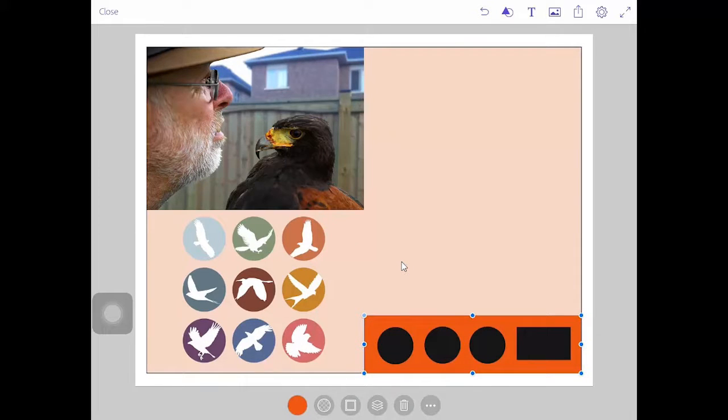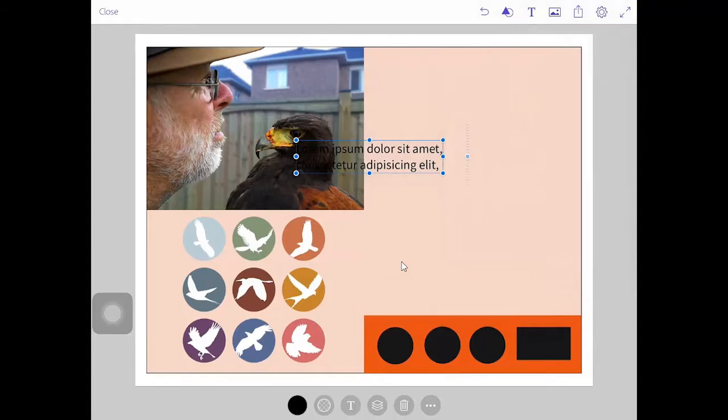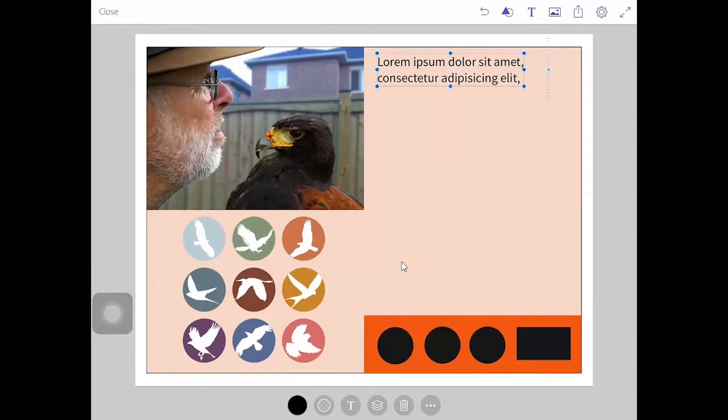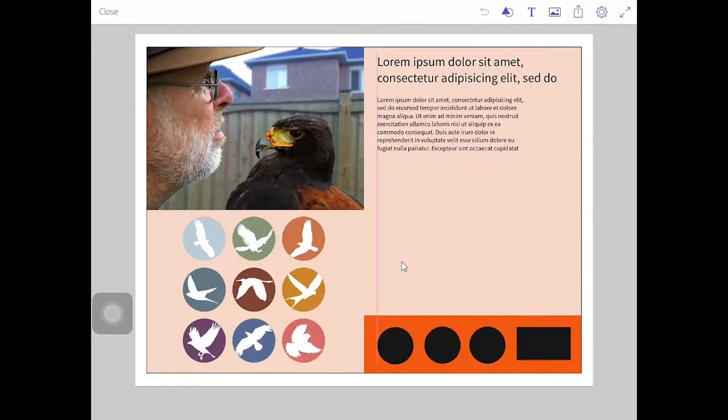And I'll just finish up this layout by adding a little bit more placeholder text. I'll add in a second heading here. This is a level 2 heading, for example. And slightly larger. I'll just use the text as is, and I'll use, of course, some more body placeholder text,